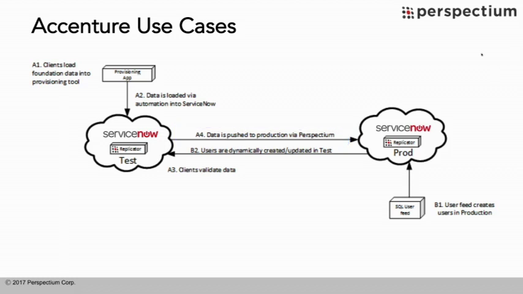There are a number of advantages of doing this. If you're familiar with ServiceNow, you know that the sys_id of a record is a key bit of information. Having that available and being consistent between two instances is very crucial, and that's what this does for us. When we create a user in the test environment, we then replicate that user to production, and it maintains the sys_id between test and prod.